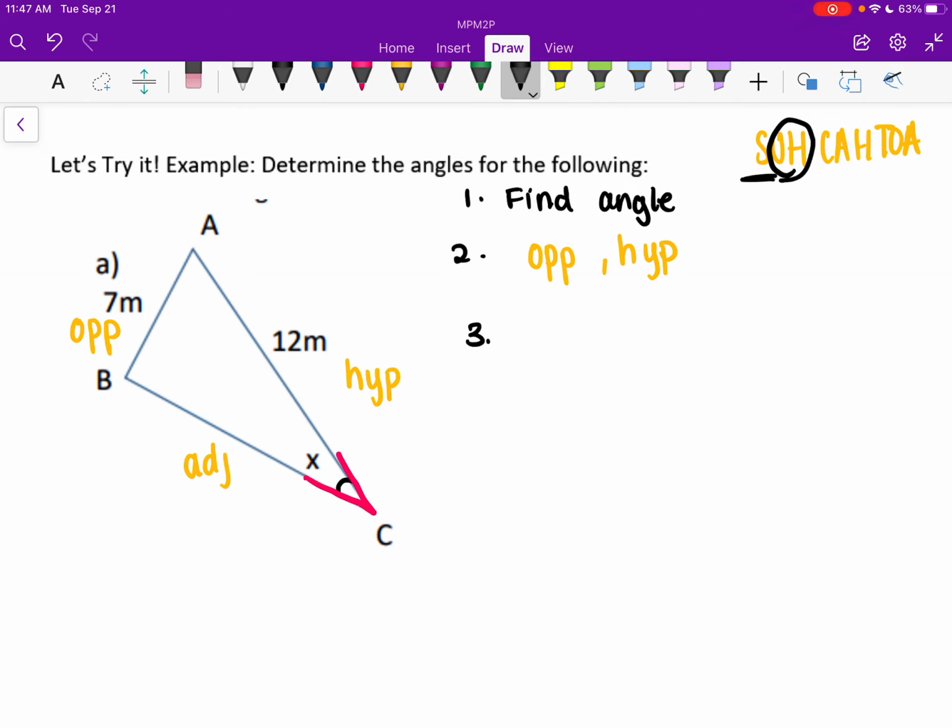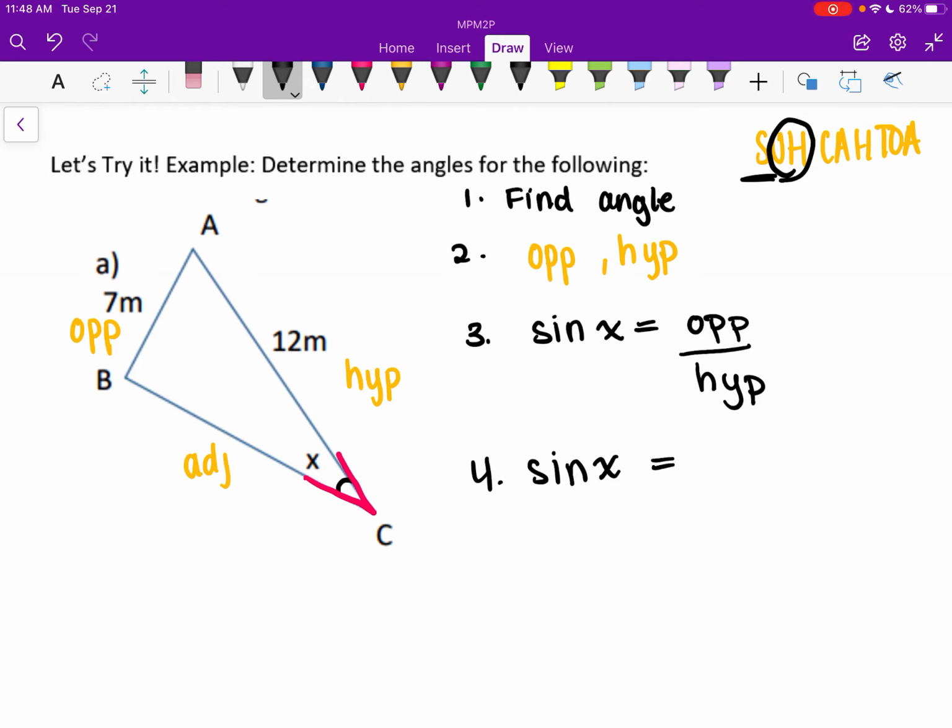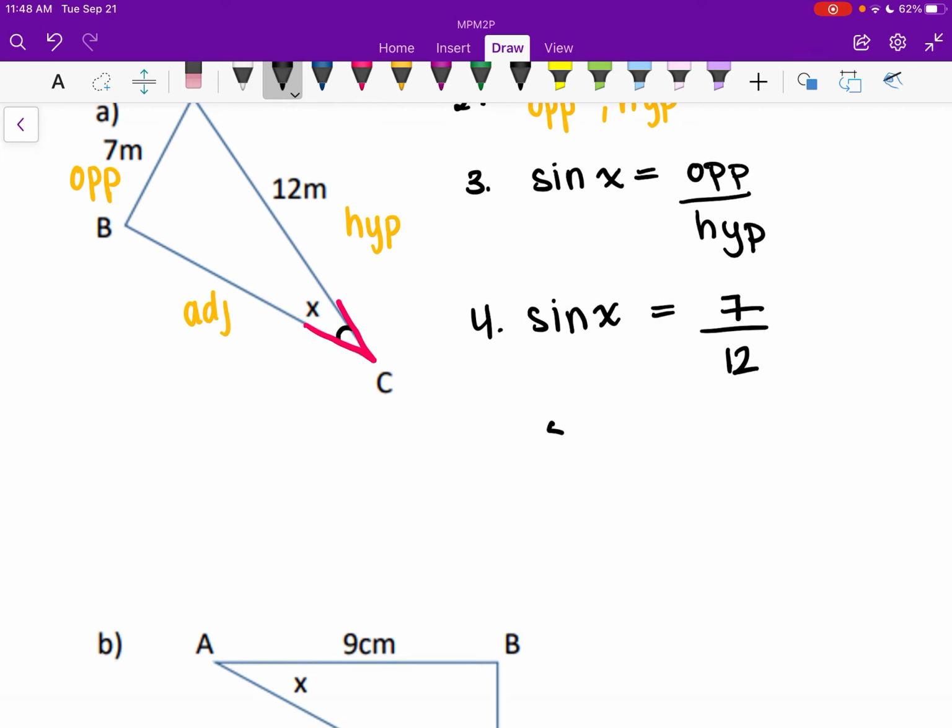So let's use sine. Sine theta, or sine x, is equal to opposite over hypotenuse. So let's go ahead and plug things in now. So sine x, we don't know what it is. Our opposite side is 7. Our hypotenuse is 12. So let's go solve and make that easier for ourselves. Sine x is equal to 7 divided by 12, which is just going to be